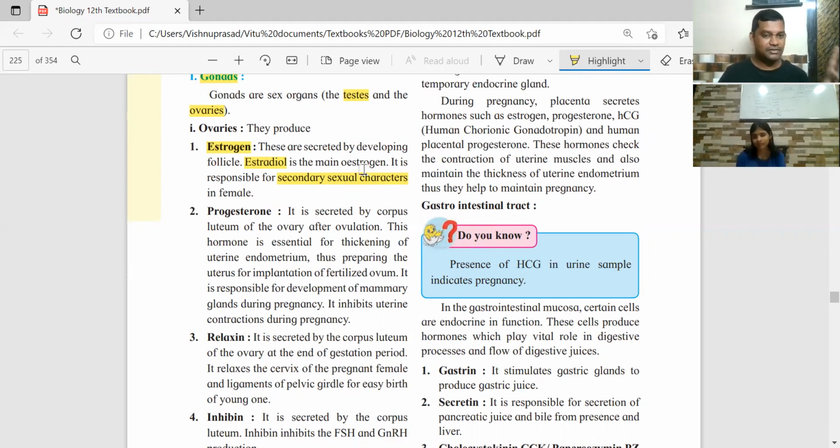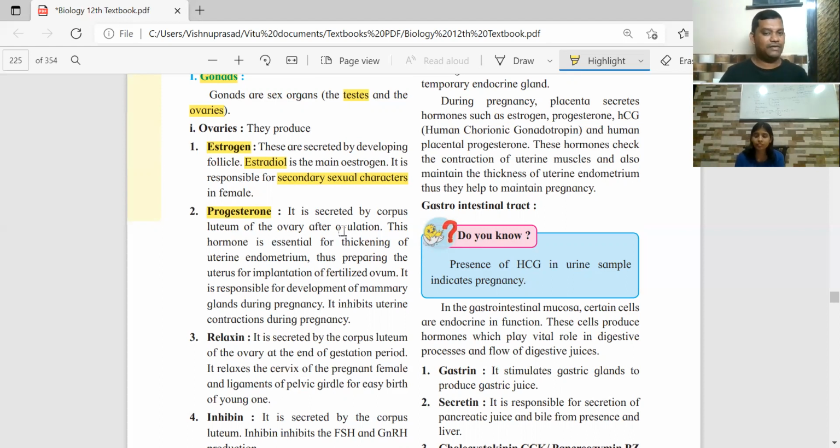That is because of estrogen. The second one is progesterone, also known as the pregnancy hormone. Now, in the lesson where we will learn in detail about the histology of the ovary and the menstrual cycle,